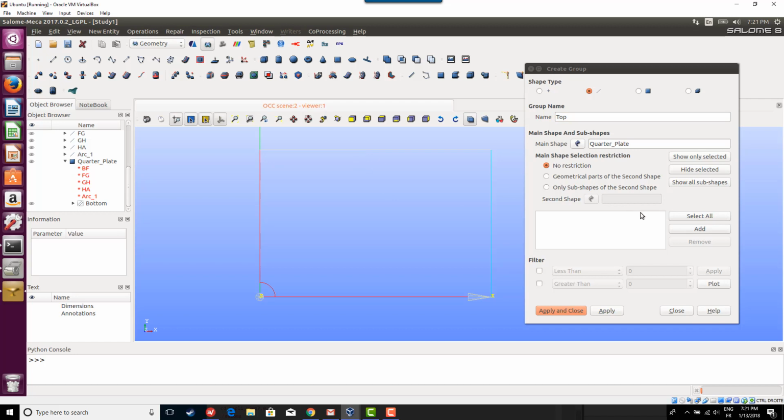Select the top edge, add, apply. Okay, got it. And let's do the same thing for the left, because I'll have boundary conditions on all those edges. Left, add, apply. And now I also want to create groups for points, the points A and B, so it's faster afterwards